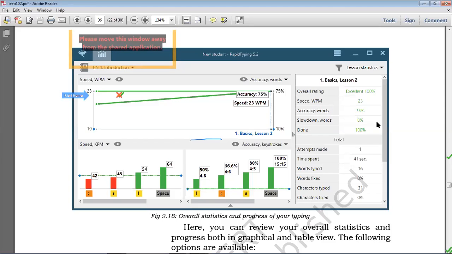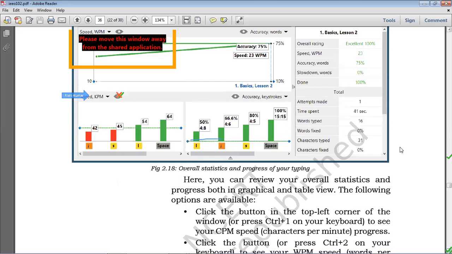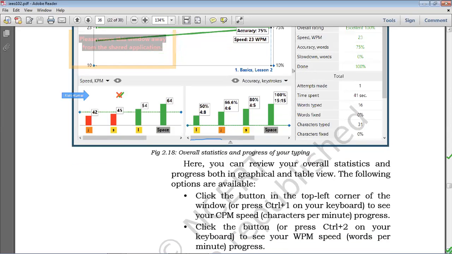And slow down words, 0%, then 100%, and then times made 1 and time spent 41 seconds, words typed 16 and words fixed 0 and characters. This kind of statistics will be shown to you when you type.